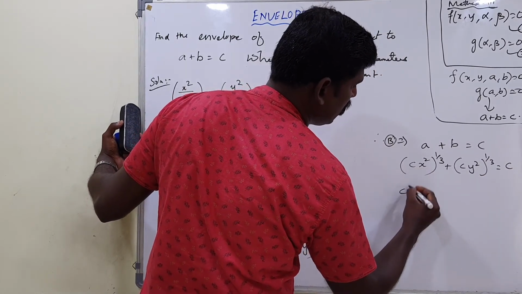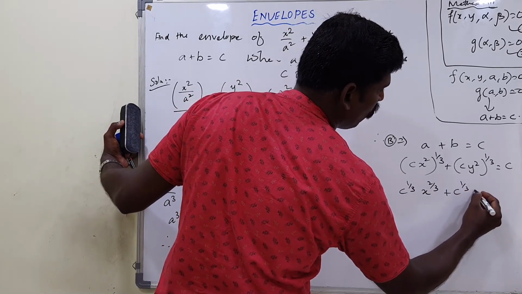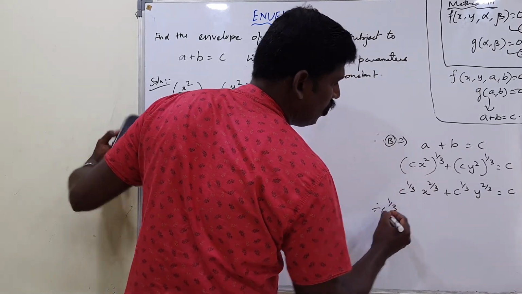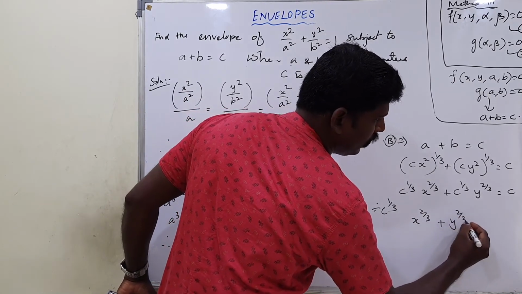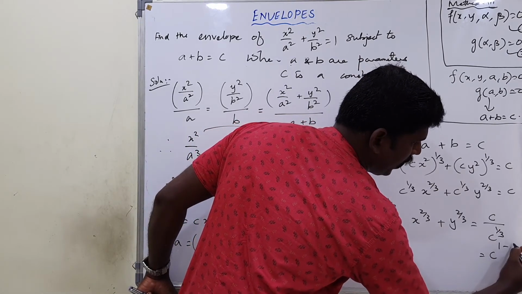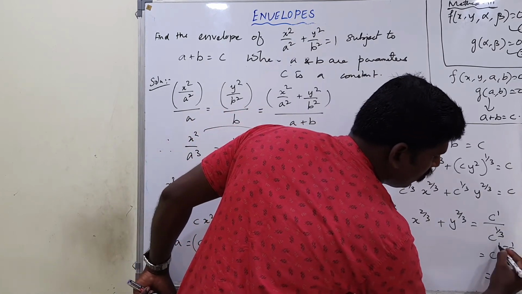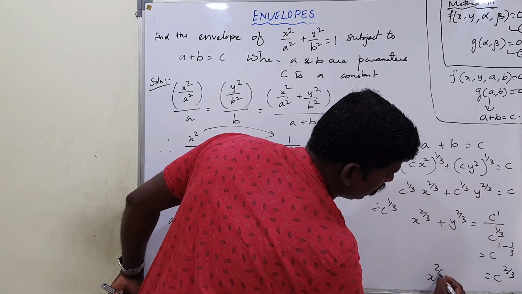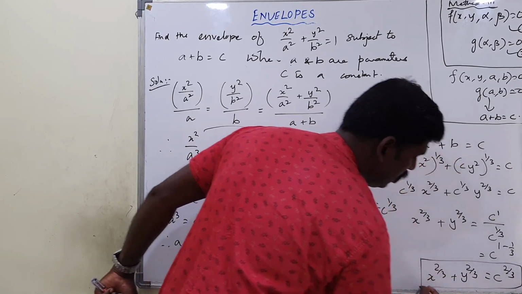So distribute the powers: c^(1/3) x^(2/3) + c^(1/3) y^(2/3) = c. Divide by c^(1/3). So what you will get? x^(2/3) + y^(2/3) = c / c^(1/3), which is c^(1 - 1/3), taking this into the numerator. So c^(1 - 1/3) is c^(2/3). So x^(2/3) + y^(2/3) = c^(2/3)